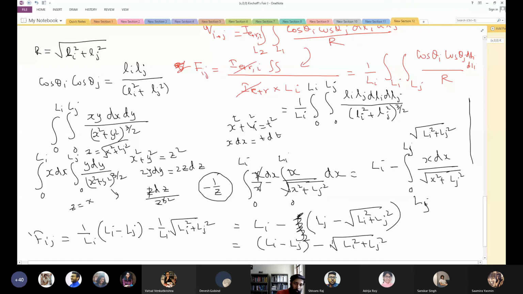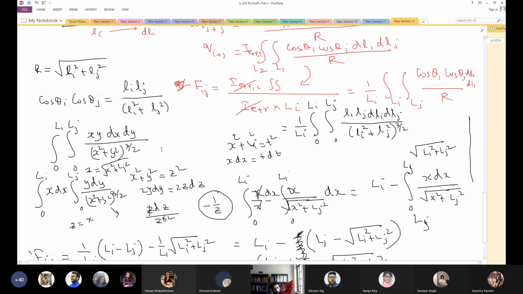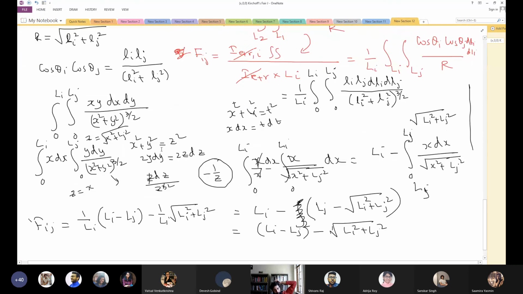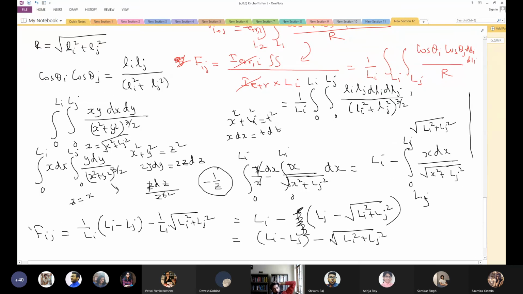Something is wrong, it probably will be plus, or this will be minus, something like that. But all I want to show is that you can do this integration yourself by hand without any help. So this is a two-dimensional view factor integral. I don't think you have any question in solving this integral. It's just a little bit of donkey work, nothing much. So this is how you get the view factor.